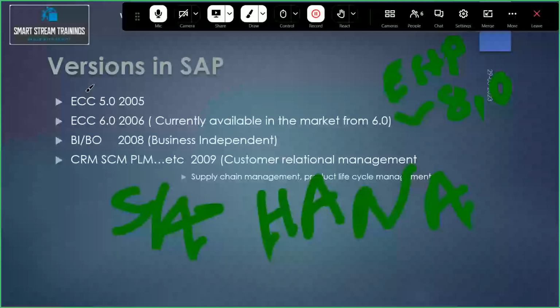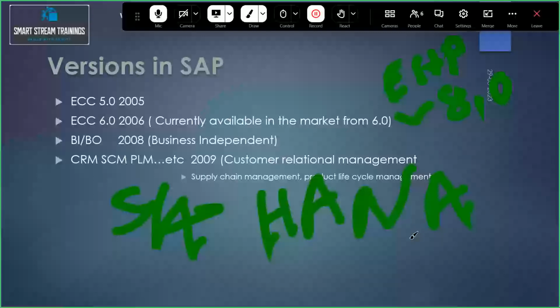Before 2014, they used the ECC version. In real time, some projects continue with the ECC version, but recently every project is upgrading to S4 HANA versions. These implementations are going on regularly. For every object level, like the CRM mentioned here, everything is connected to S4 HANA, this own database. Compared to ECC, it is very fast performance-wise and coding-wise.